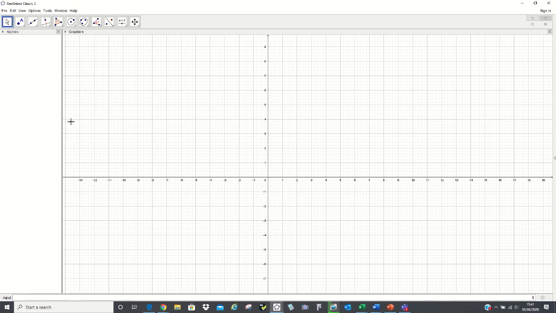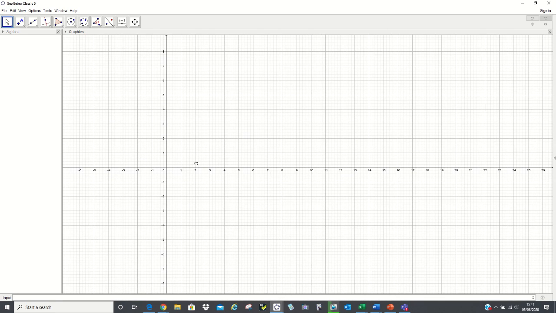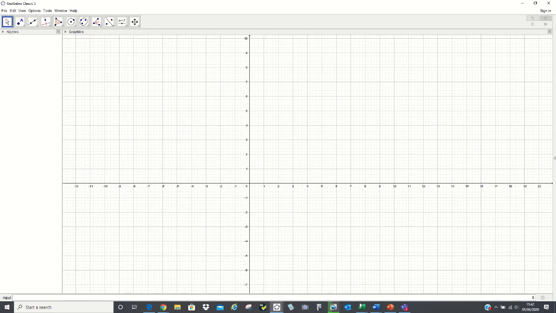So, GeoGebra again. This is the fifth one, I think. And this one I want to do some differentiation, I think. We can do a fair bit of differentiation with GeoGebra, but what I want to do with this one really is to just show you a couple of functions, and we'll do a little bit of integration, I think,